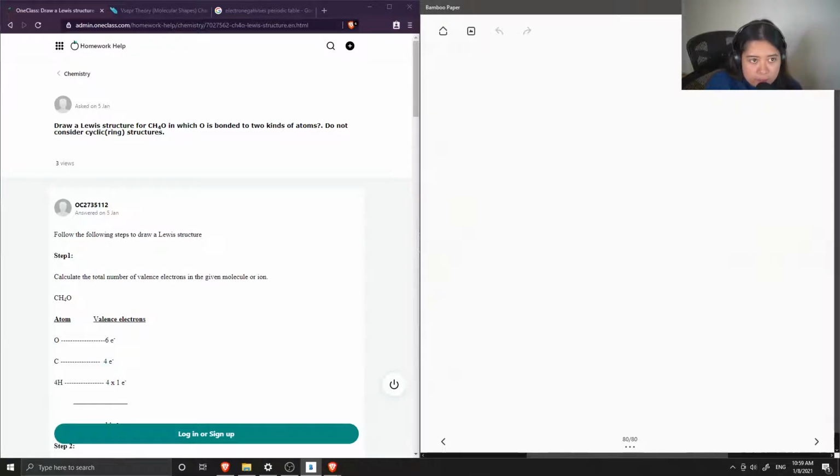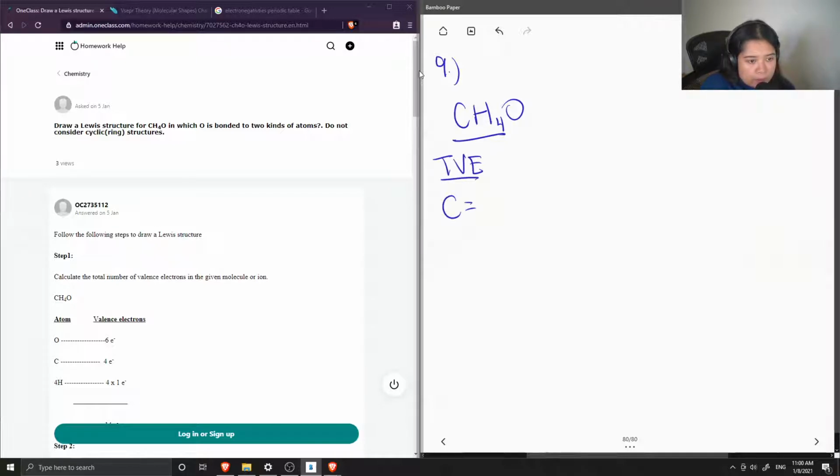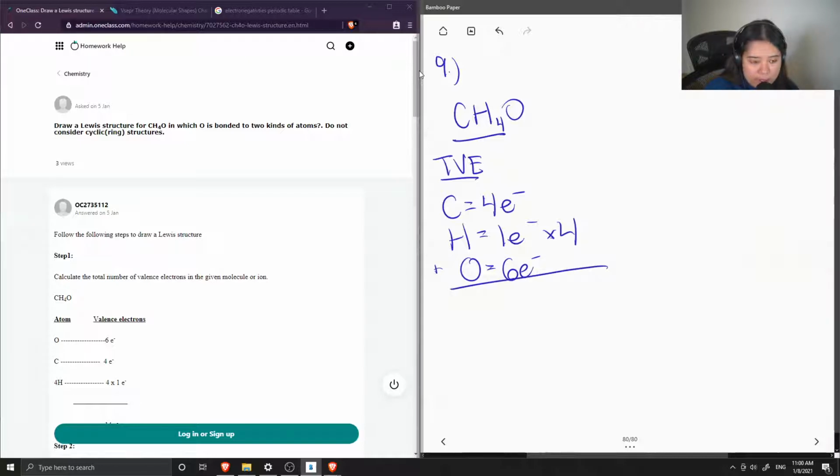Okay, so one last quick question. Draw the Lewis structure for CH4O, in which oxygen is bonded to 2 kinds of atoms. Do not consider cyclic ring structures. That's helpful. So first, let's find the total number of valence electrons for this molecule. Carbon has 4, and hydrogen has 1. And there are 4 hydrogens, so we multiply this by 4. And oxygen contains 6. So if we were to add these up, we get a total number of 14 valence